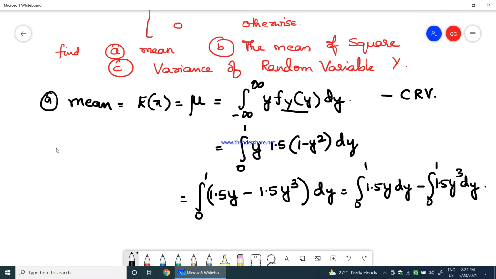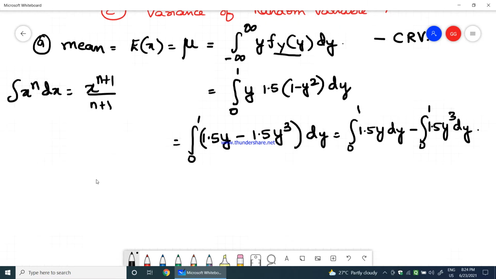We all know that integration of x to the power of n dx would be equal to x to the power of n plus 1 divided by n plus 1 formula. So we use that formula here to find out the integration values. So therefore 1.5 into integration of y dy, because 1.5 is constant, so it comes out. So integration of y dy is nothing but y square by 2 with the limit 0 to 1,